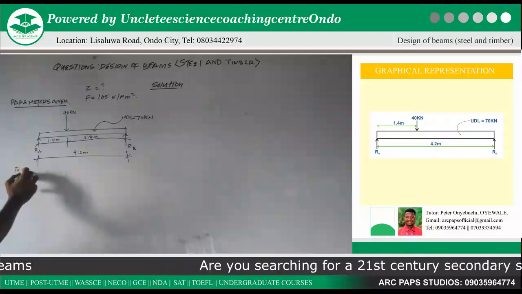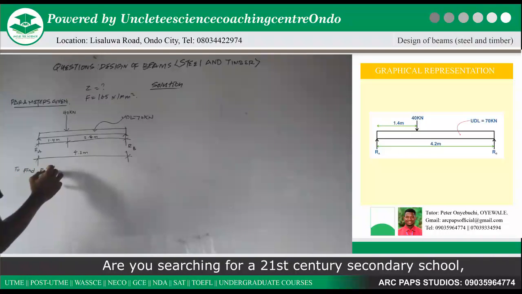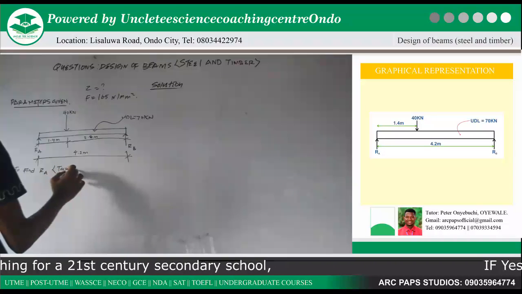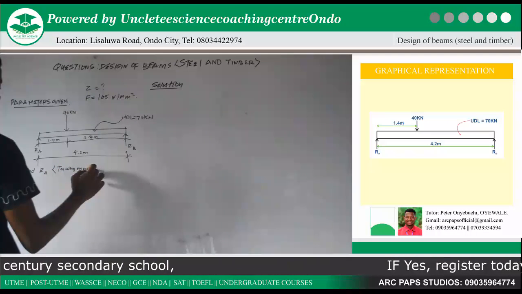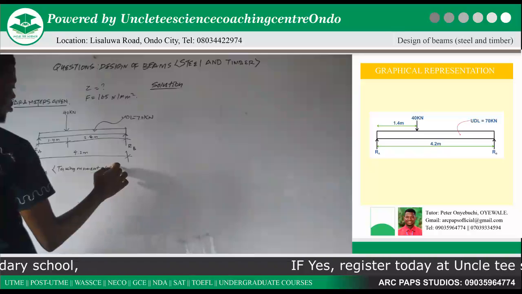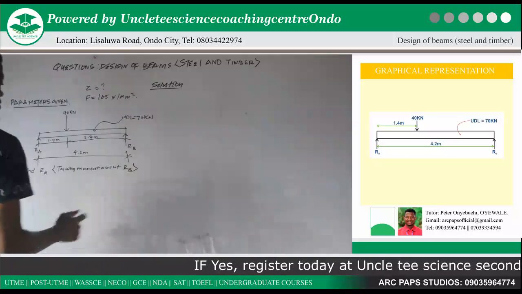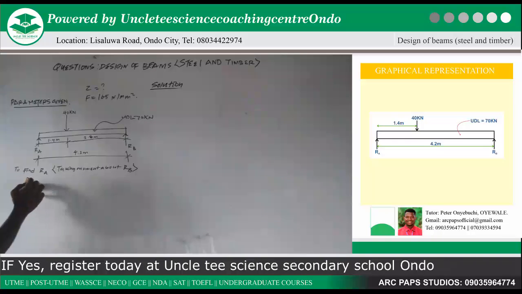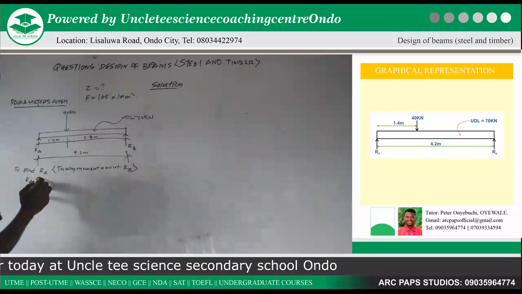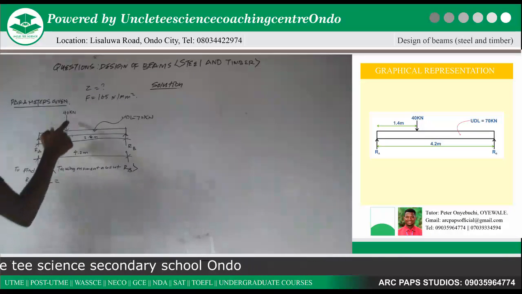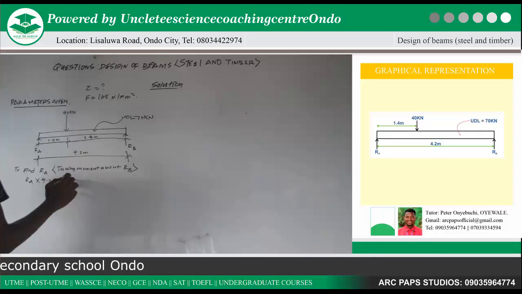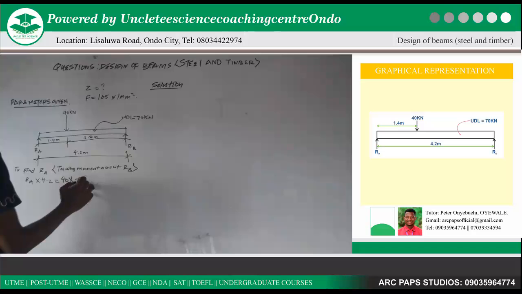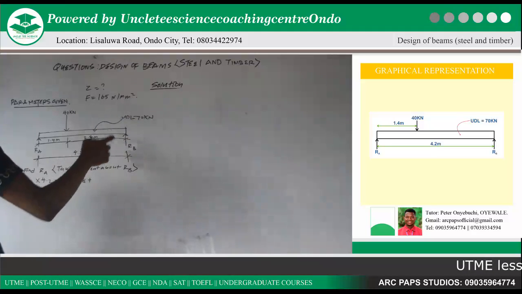Now in this particular question, we are still going to follow the same parameters. I can see using the diagram given, I've drawn out some things on the board. Now the first thing is that we're going to find our reaction at A. So to find reaction at A, I'm going to take moments about RB. Now taking moments about RB, that will give us RA times 4.2, using total anticlockwise moment equal to total clockwise moment. Now 40 times distance to RB, which is 2.8,